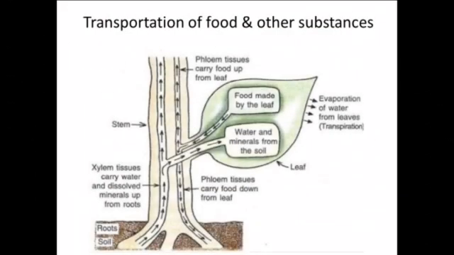Next topic is transportation of food and other substances. Carbohydrates are synthesized in the green leaves by the process of photosynthesis. From the green leaves, these photosynthetic products are transported to the various parts of the plant body. Transportation of photosynthetic products is known as translocation, and it is performed by sieve tubes and sieve cells of vascular tissue known as phloem. Besides the carbohydrates, the phloem transports amino acids, several plant hormones which are synthesized at the shoot and root tips, and other substances.